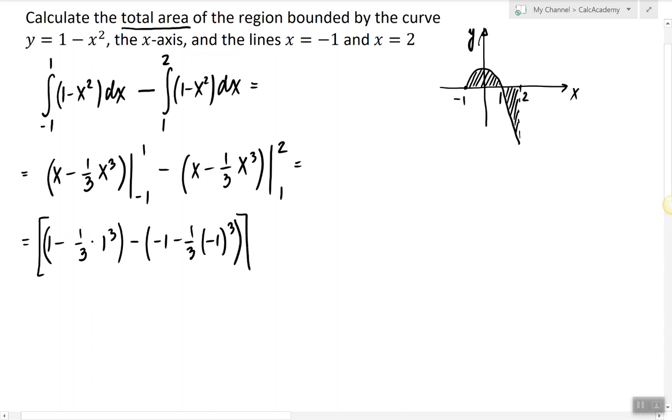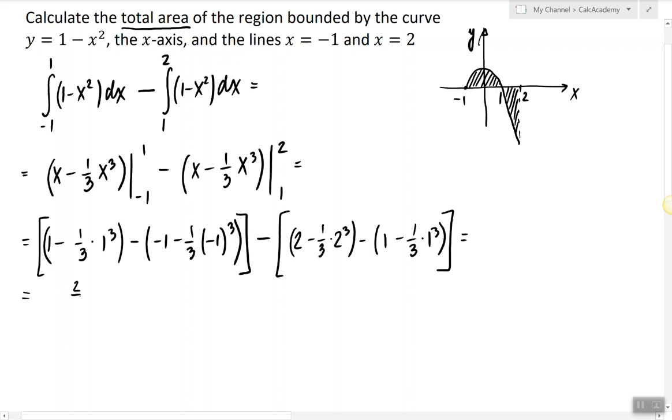So this is the value of the first integral, and here I'm going to write the value of the second integral. And now we just have to compute this arithmetic expression. So we have 1 minus 1/3, which is 2/3, minus we have -1 plus 1/3, which is -2/3, and here we have 2 minus 8/3, which is -2/3, minus we have 1